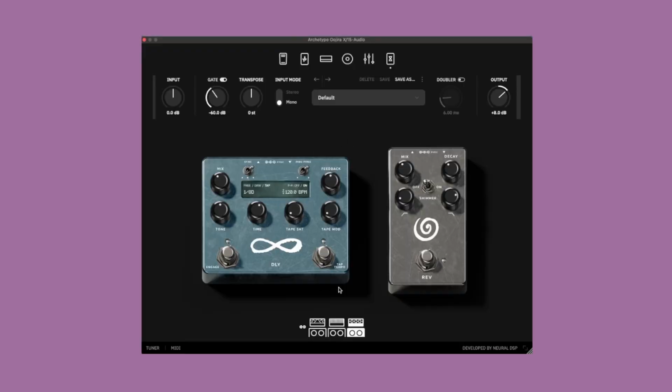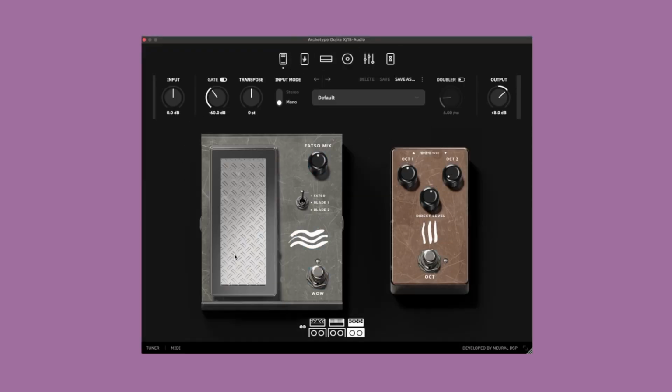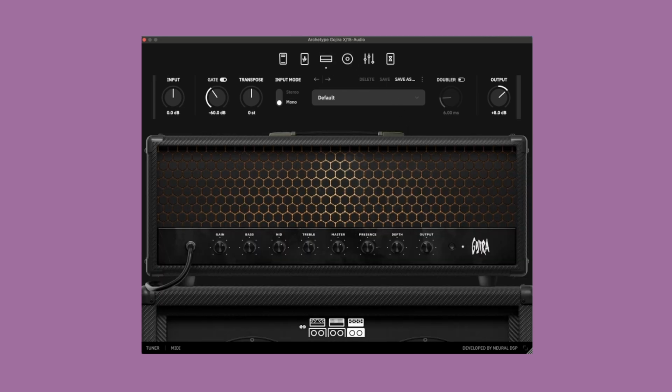But I've been really loving the Gojira X plugin specifically, mainly because of its flexibility in use. It can be both great for heavy music, which I mix and produce a lot of the time, but also for cleaner sounds. It's got some really interesting effects and things you can do with octaves. Incredibly great clean tones on this amplifier and heavy tones that I've been really happy with,